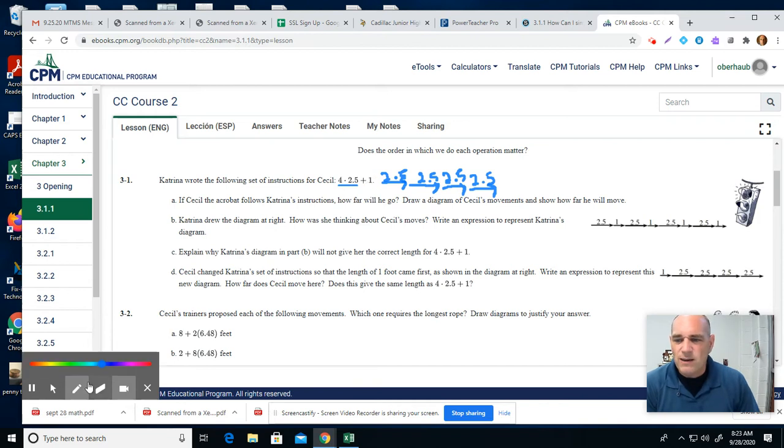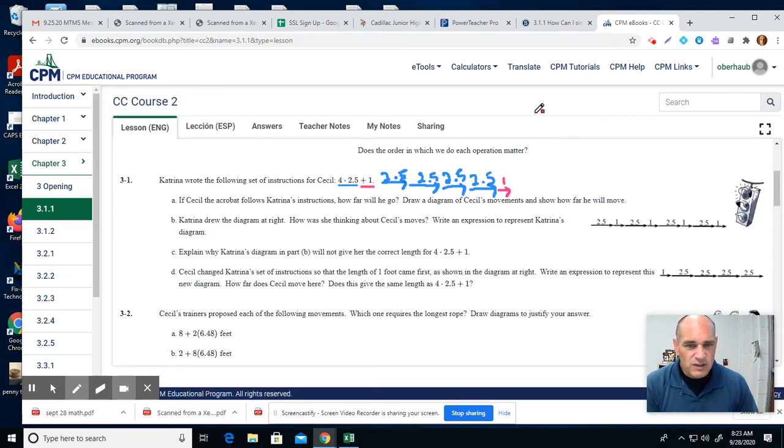Now I need to add 1 to this. So I'm going to do this, and I'm going to add just a smidge, and that will be my 1. So this is my diagram of his movements. Now, I want to find out how far he went to the right. So I'm going to add up 2.5 plus 2.5 plus 2.5 plus 2.5 plus 1, or I'm just going to